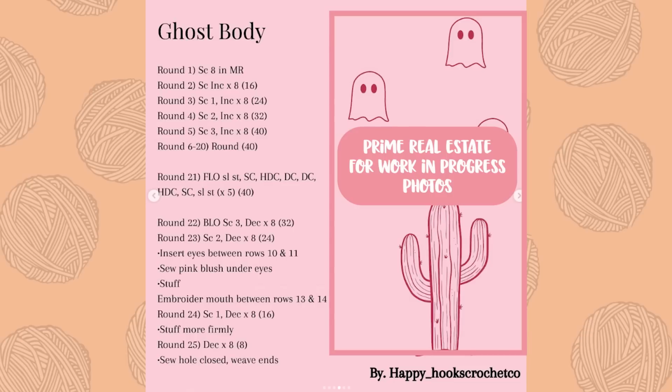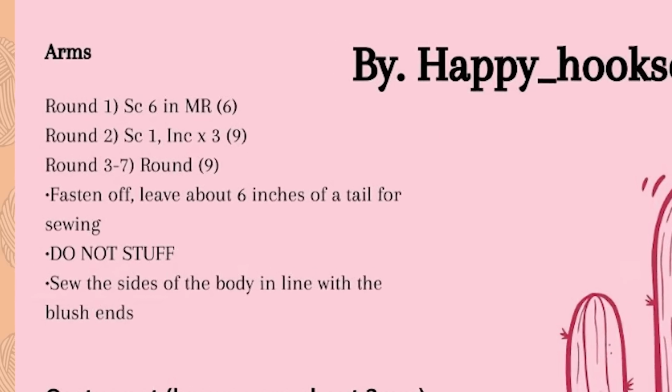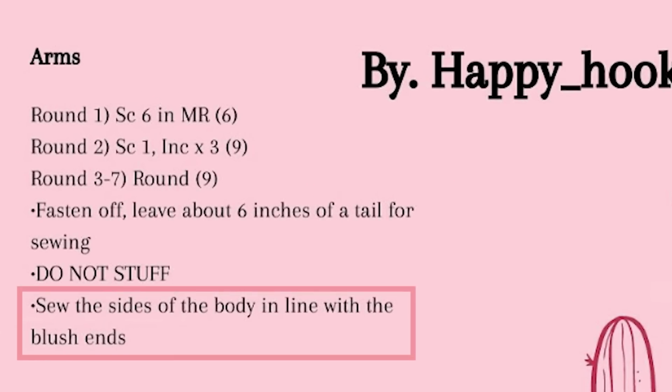to beginner crocheters. I really think that there should be photos throughout the pattern, and especially on the assembly page. There isn't really an assembly page, it just tells you what to do after you make some of the pieces of the ghost. So for example, after you create these little arms, it tells you to sew them in line